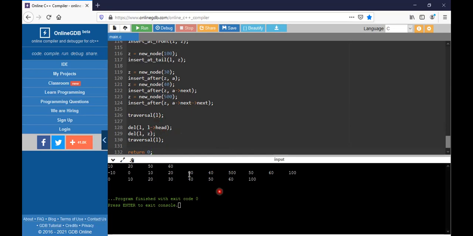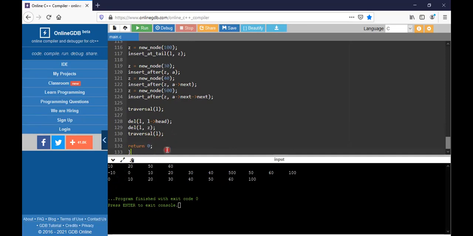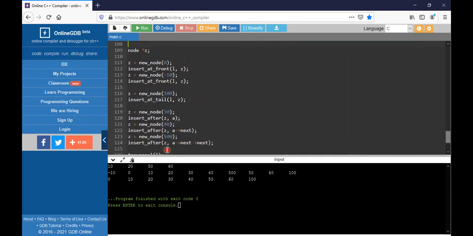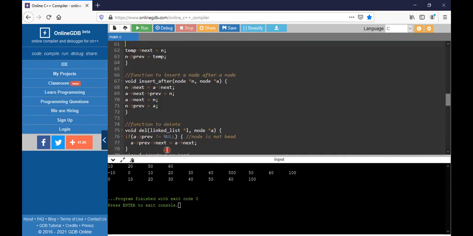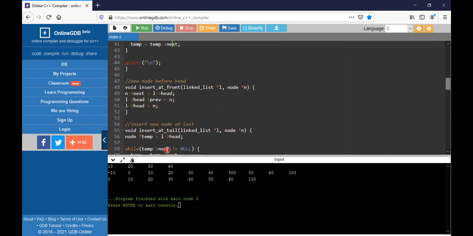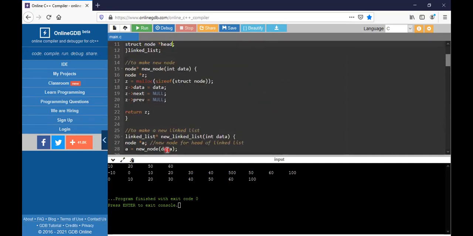Traversing means by traversing we will get the value, and delete the head value. The head value here is minus 10. Minus 10 will be deleted, and the next 0. The 0 will be deleted. So like that, it has been deleting the values we are processing. If you want to get the count of that one also, we can get the count of variables by writing a recursive method here.